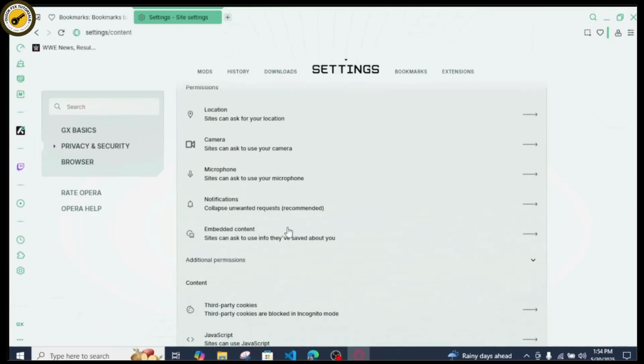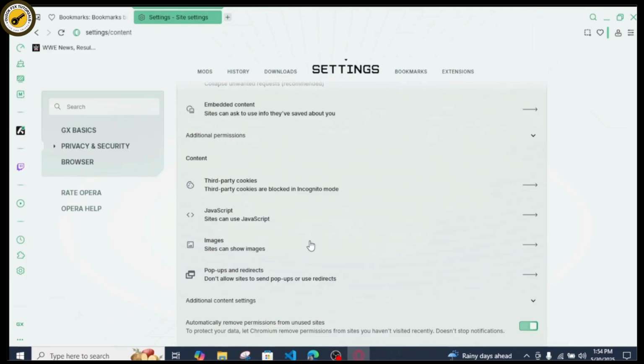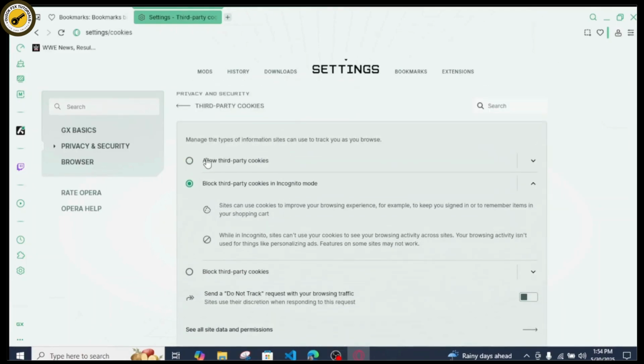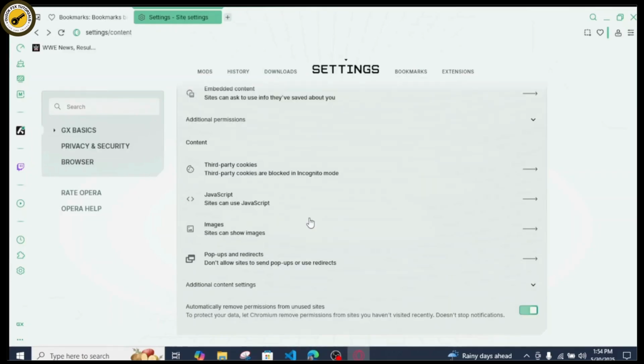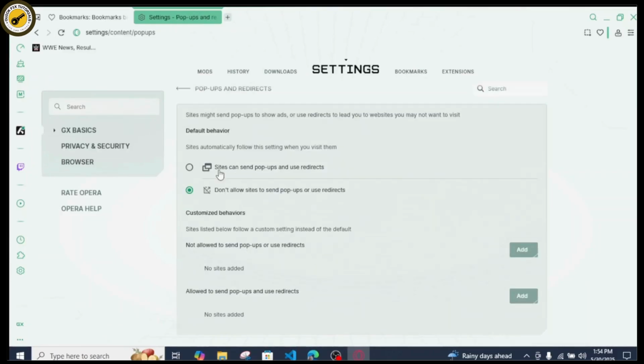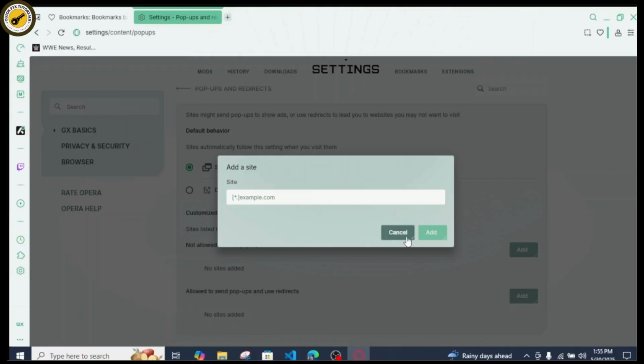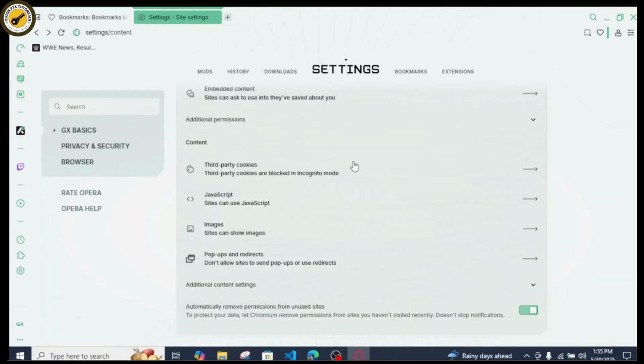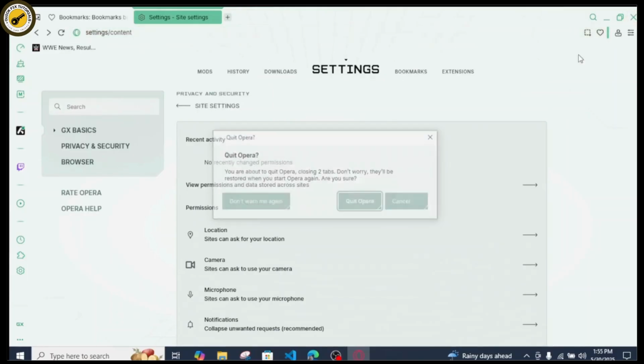And the next thing you want to do, under the same privacy and security, is simply scroll all the way down until you see the option called ads and third party. So you can also allow third party for that download purpose, and simply click on this pop-up or ads, and you can just click on "sites can send pop-ups", or you can also add for that one and only particular sites in which you want to allow everything, and you can later on disable it by doing